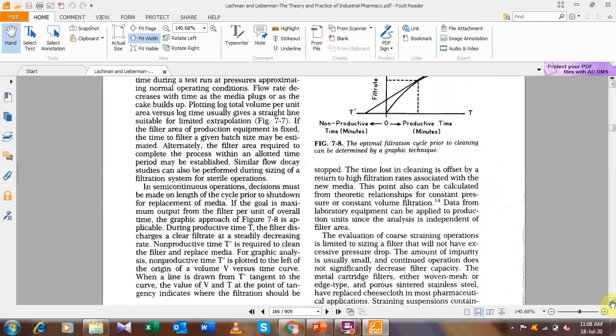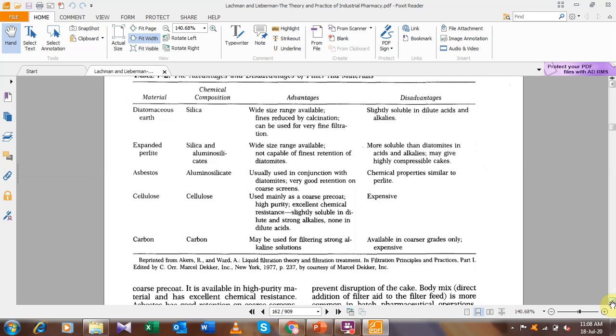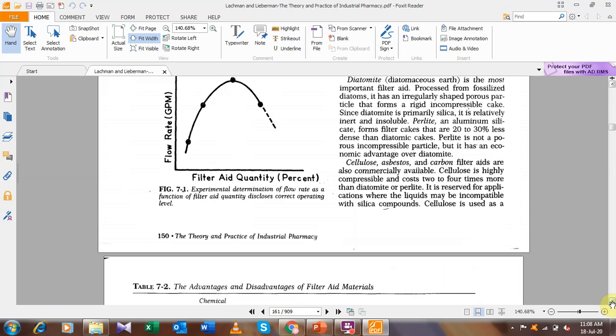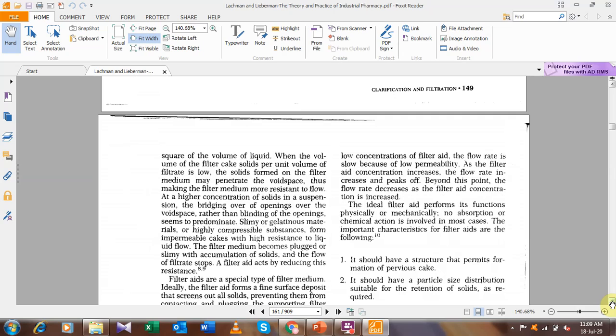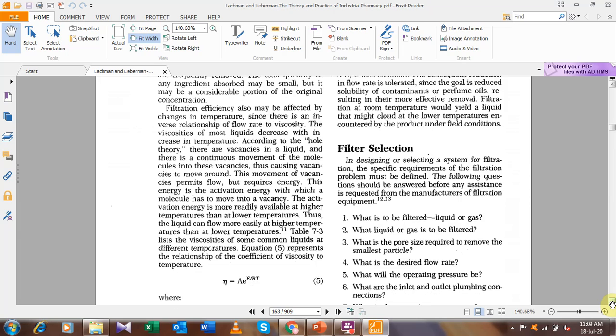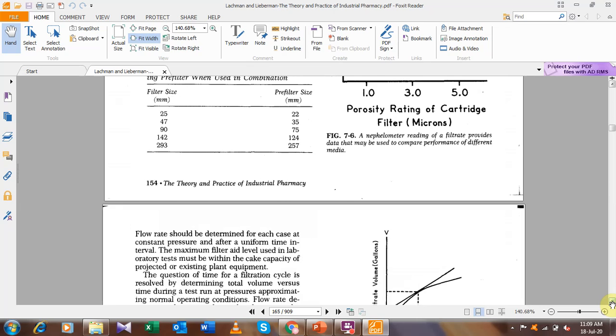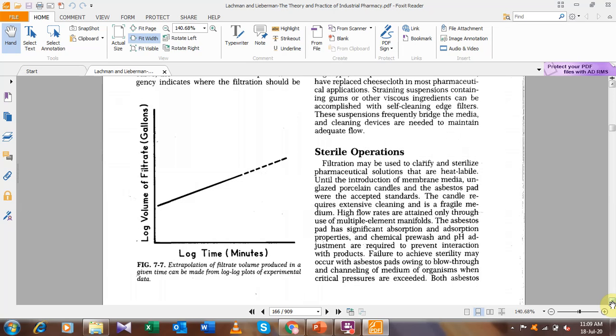And before going to discuss in detail, I'm going to tell you about asbestos, why asbestos is not used, and what the drawbacks of asbestos are. We have pointed out that asbestos is not used, and you can see in this one that